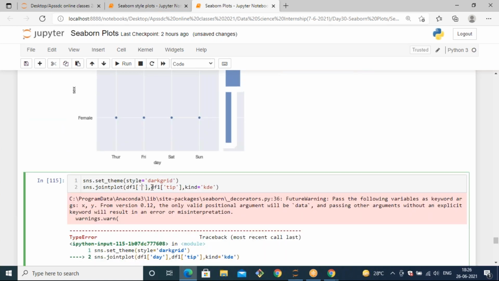In the x-axis also, I'm going to change it to total_bill.